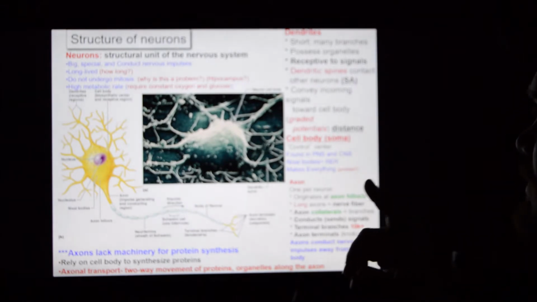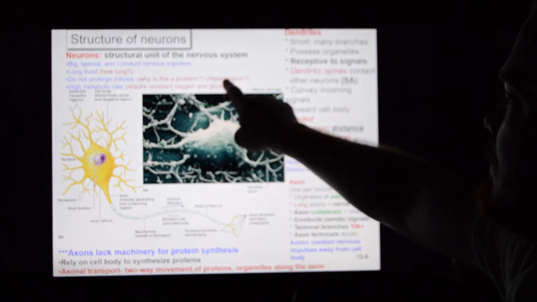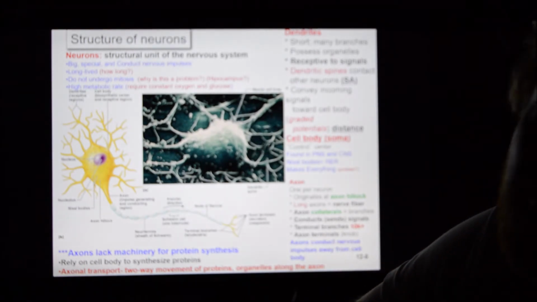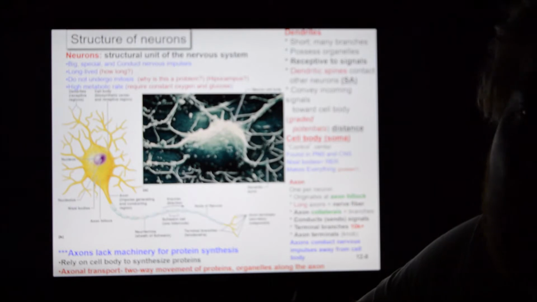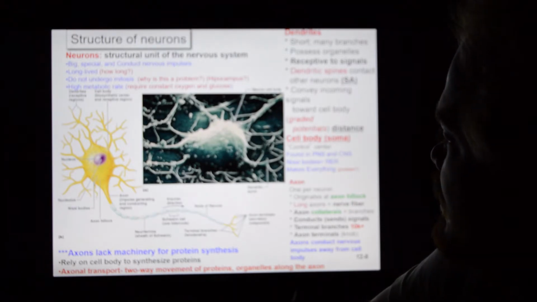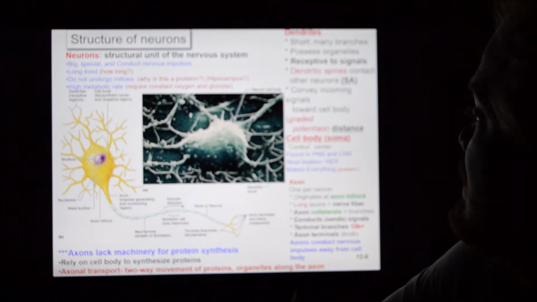I will, however, say this. There are mitotic neurons in the hippocampus of the brain. And the reason that there are mitotic neurons in the hippocampus is because this is the area where you store memory. Memories are stored in the hippocampus, so it has to have mitotic neurons there for producing new ones.